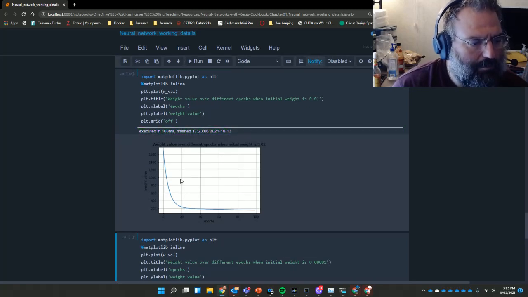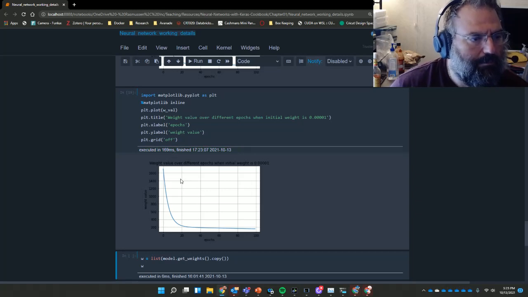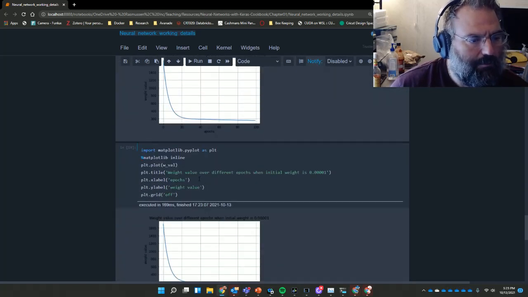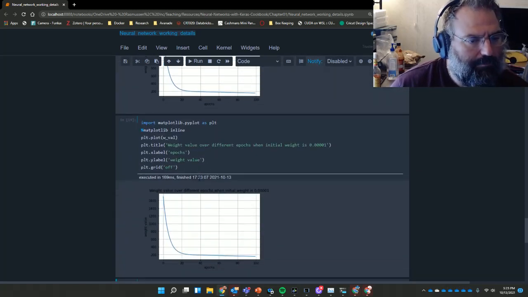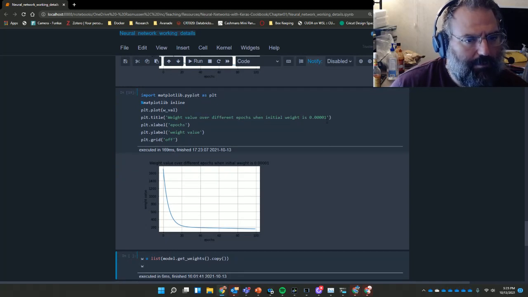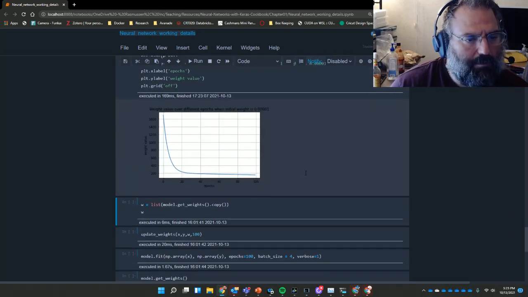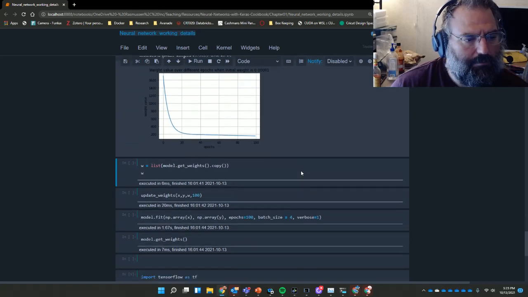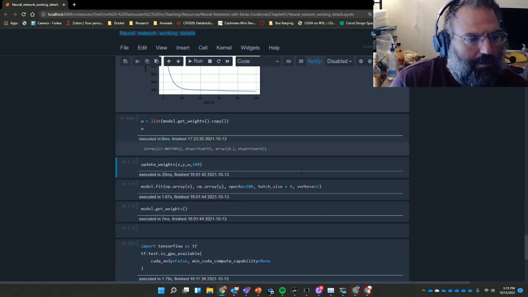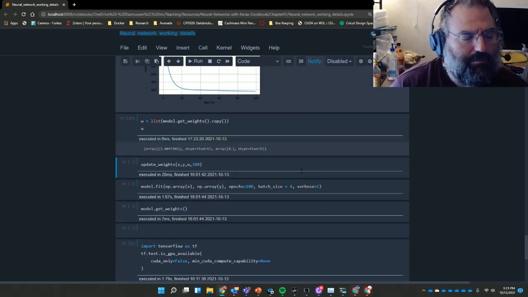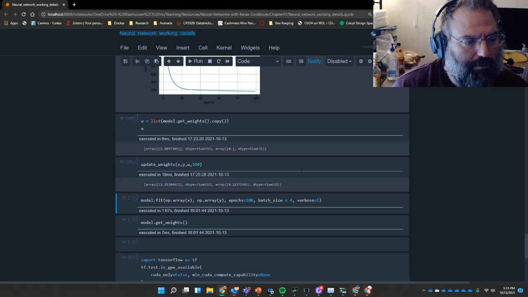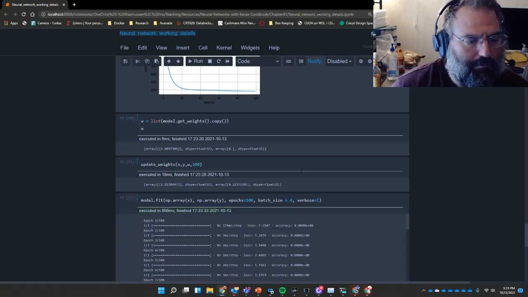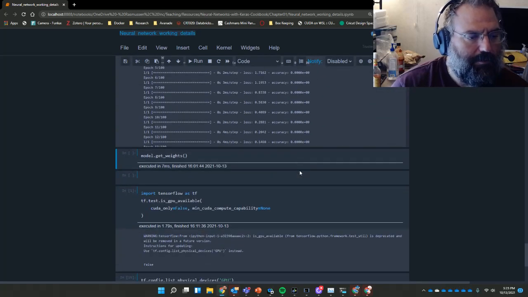And then plotting a similar graph when the initial weight is 0.01. You can see they're very similar. Getting a copy of the weights and putting it into a list so that we can see them, and then doing the actual training using the model itself, getting the weights,